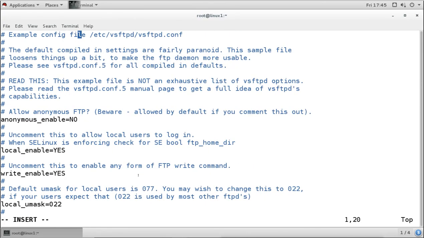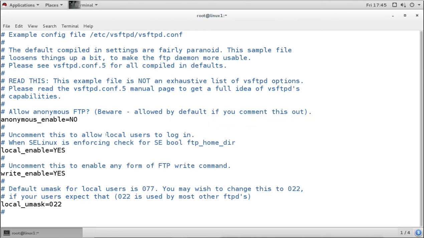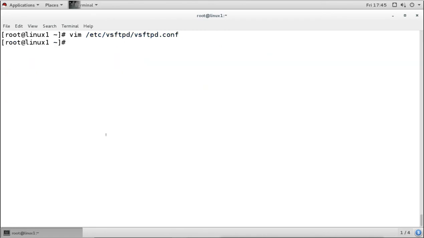I have not changed anything. I have just disabled the anonymous user. Now I will save the file with these changes. Now I want to apply the changes. So what I will do,